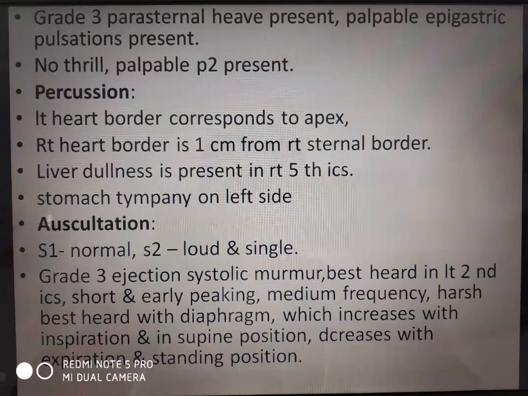So if there is a dull note about 2 centimeters outside the sternal border, you should consider that something is underlying that area, and most likely it is a vessel. If it is on the left side, it is the pulmonary artery, and if it is on the right side, it is the aorta. So you should always focus on 4 areas: at the level of the apex beat, the right border, and the second right and left sternal borders close to the sternum.